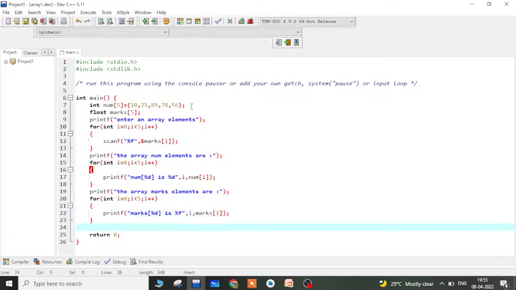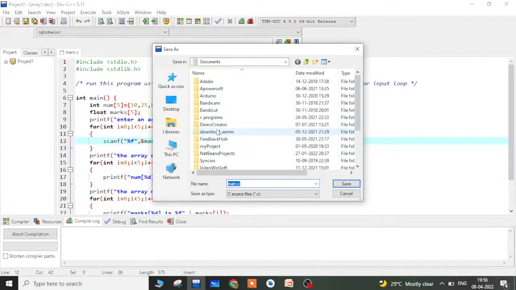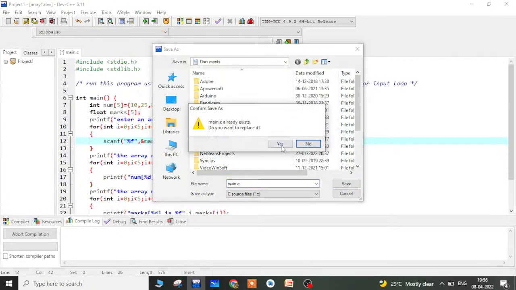Here I just read my one-dimensional array at compile time, and this is how we are going to give values at runtime. So simply we are going to use a standard function. So I just run this program. I compile and run this program, and now